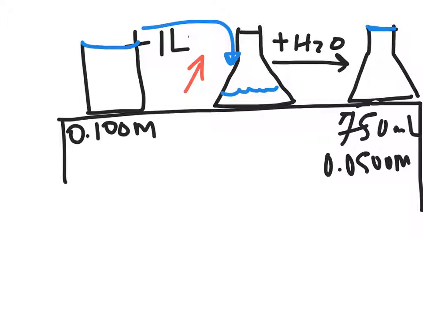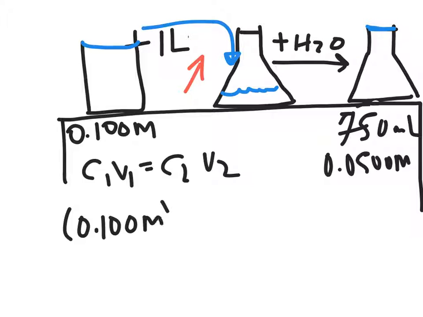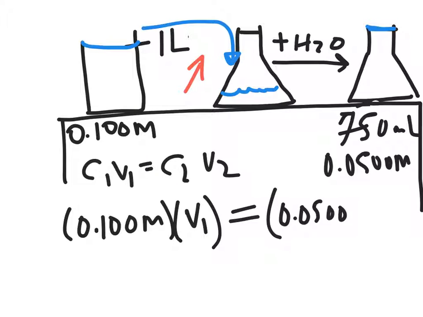So we need to figure out this volume that we're transferring. We'll use our C1V1 equals C2V2 for this calculation. The left side of our equation will be the stock. So our C1 is 0.100 molar, and our V1 is what we're trying to find. How much of that stock solution do we need to use? Then the right side of the equation is our new solution, so its concentration is 0.0500 molar. And the new volume that we said we were making was, I'm running out of room on my iPad mini,